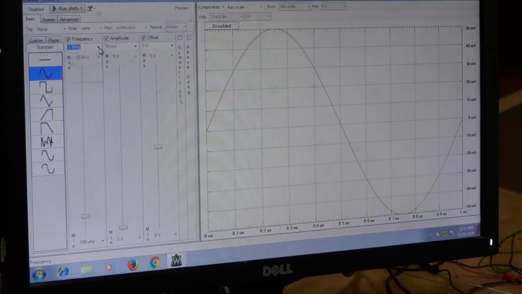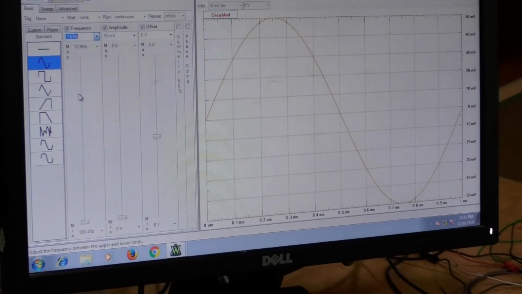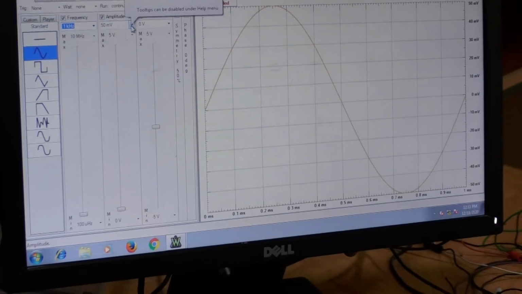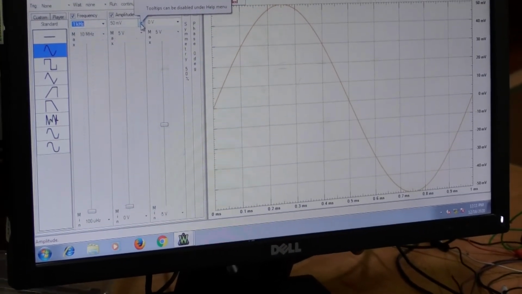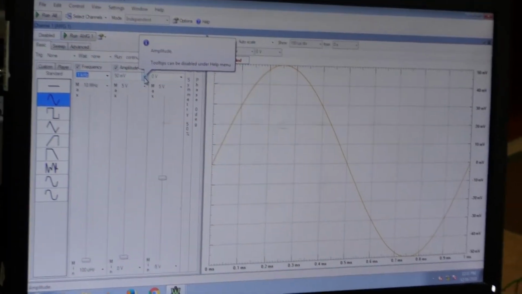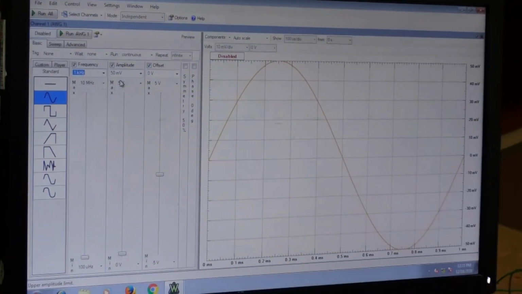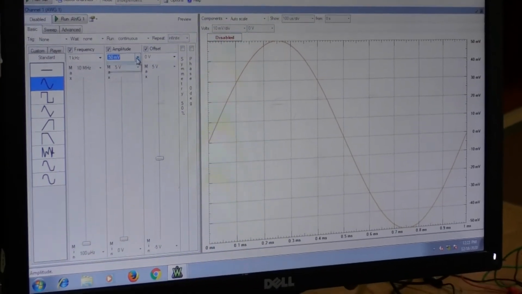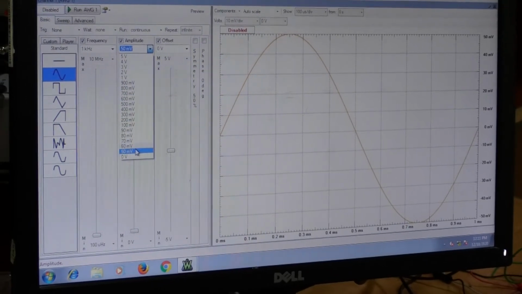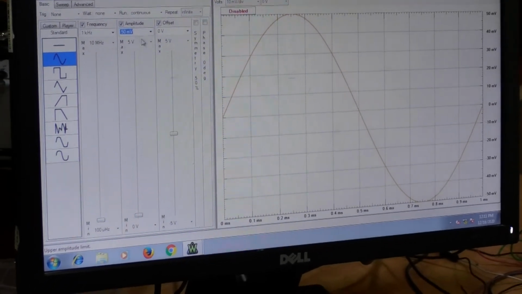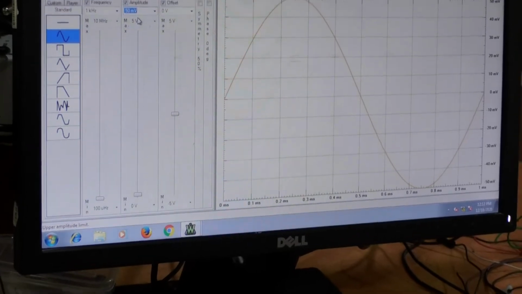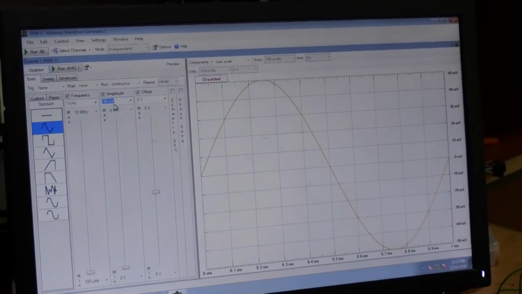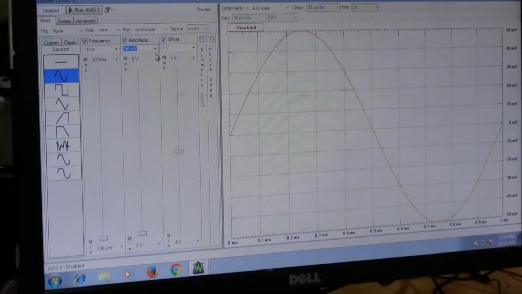Initially, for a given input signal, first we need to apply 1 kilohertz. Choose this 1 kilohertz. For an amplifier, we need to apply a low input signal here, so the magnitude should be very small. Hence I consider the amplitude to be 50 millivolts. Just click this arrow and select the amplitude here. I am going to select 50 millivolts, which means I apply a 50 millivolts, 1 kilohertz input signal to your circuit for a CE amplifier.